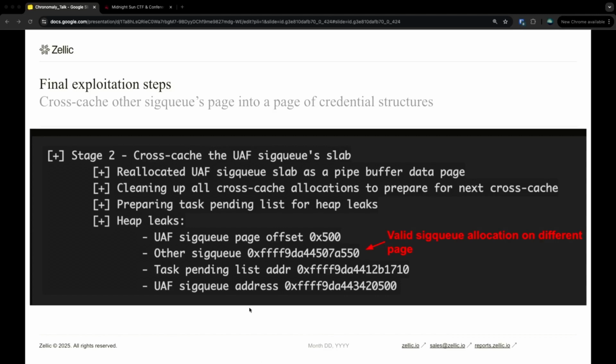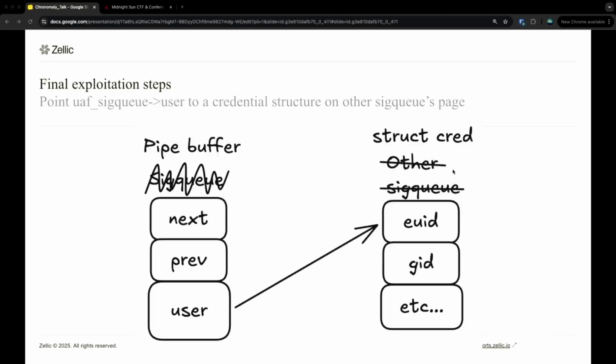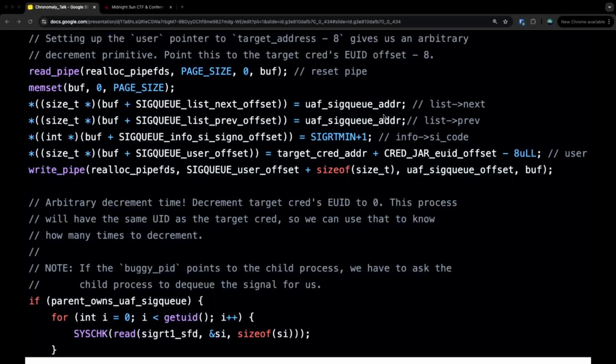So you have this other SIGQ, this address, you know what that is. And you could do cross-cache yet again. So this other SIGQ, you override it with struct cred. And then there's going to be a lot of code coming up. But basically, this is what it looks like, right? In the first part, you have this pipe buffer page